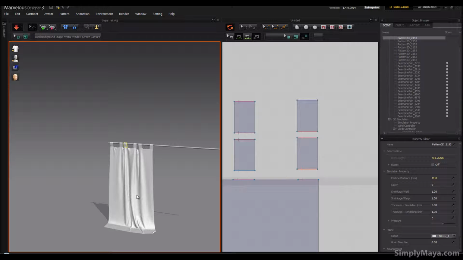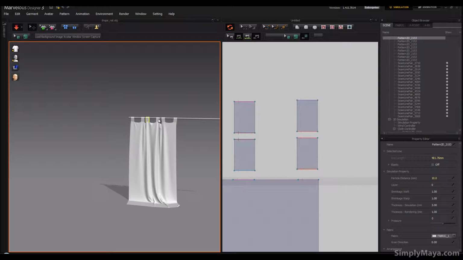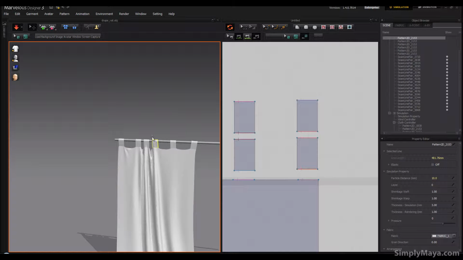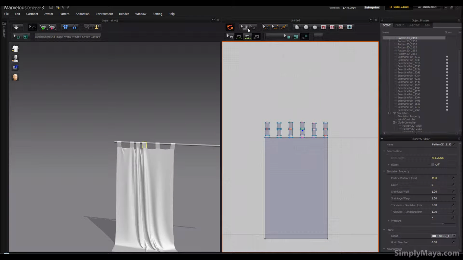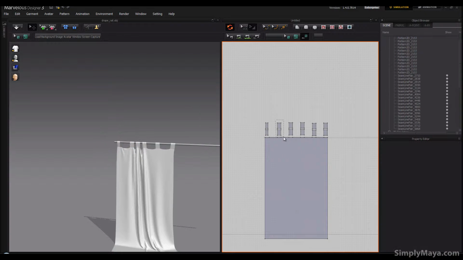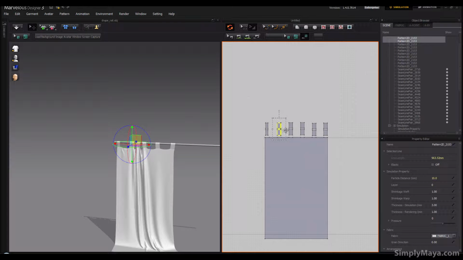Okay, and obviously you might need to adjust the length of this to fit your curtain and spend a little bit of time playing around, you know, just to get that drapery how you want it. But for me, these are also a bit wide, these curtain ties, so you could go in and make them a bit smaller. And I'm not really going to be too bothered about this. I just wanted to demonstrate the principle of making these curtain tiebacks,